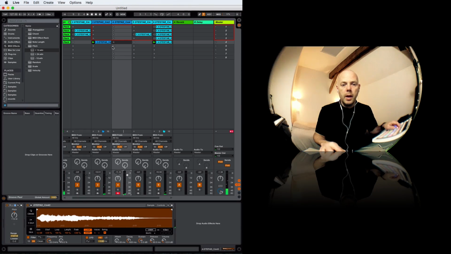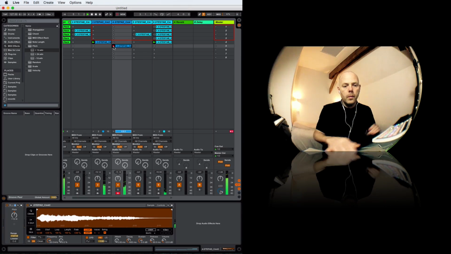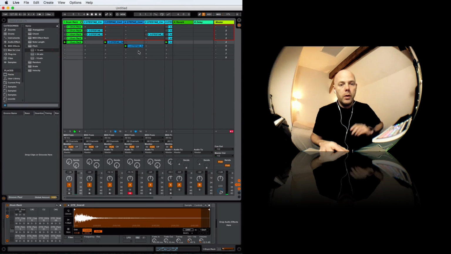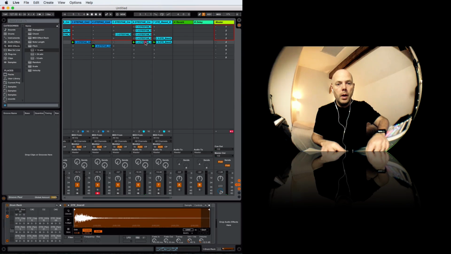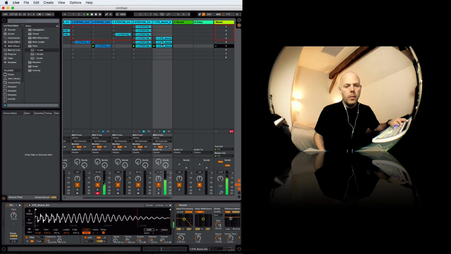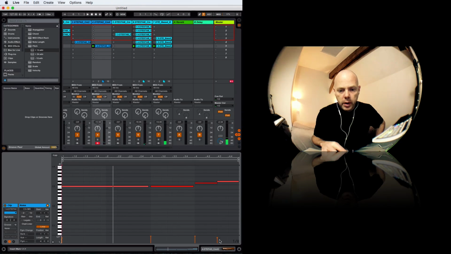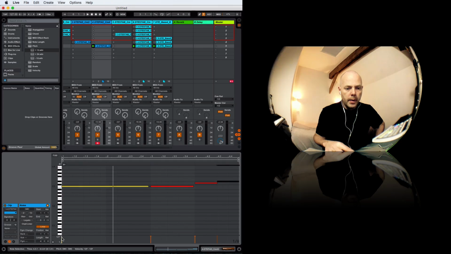Now that actually could be the next section. Let me just see how this feels here. Okay, so what I could do is take this one down, and this, we've got ourselves a new scene. Okay, got another situation where the velocities are varying. I'm going to bring that one up, and